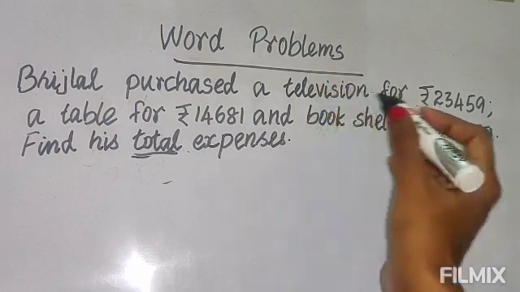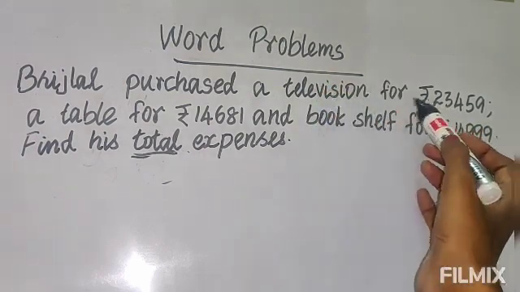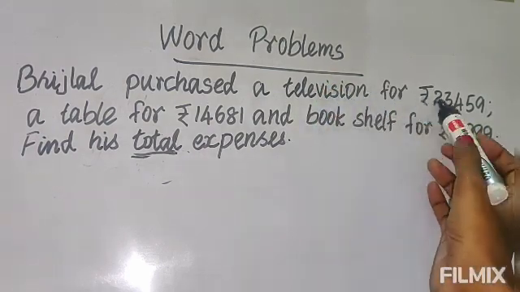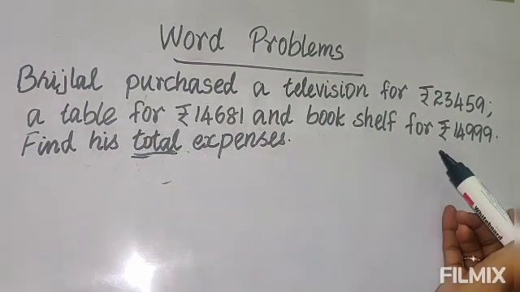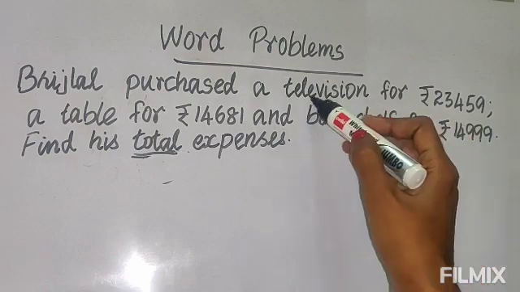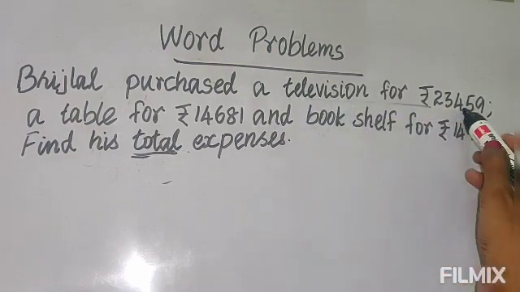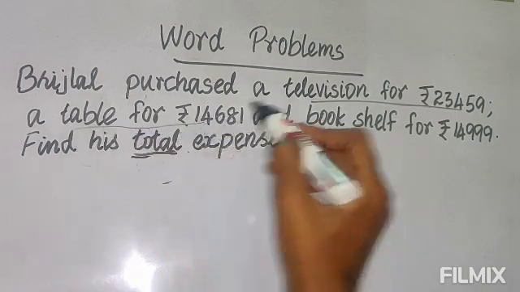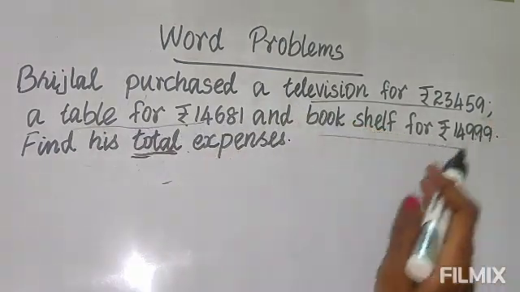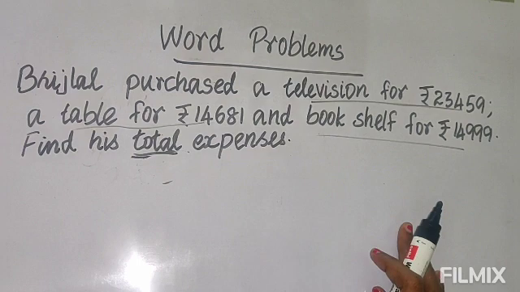Just here itself we can see television for this much. So you can write television for, again table for, bookshelf for. You need not write any other statement. Just look from here and you can write. Whatever is given before this number, just that is for that. That way you can understand easily. You need not learn much. Take the trouble and learn how to write the statement.